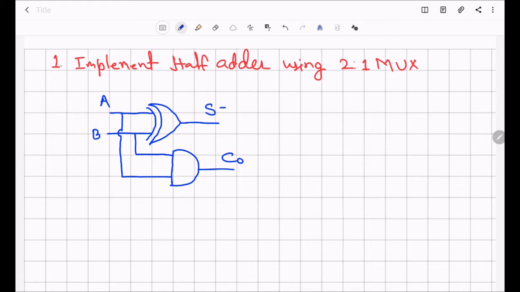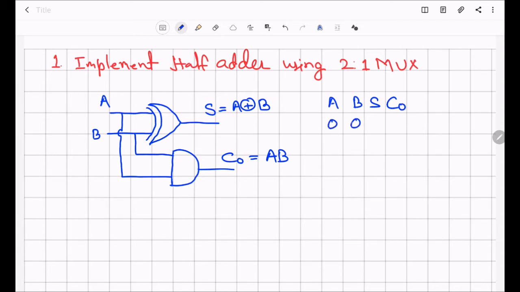Sum is equal to A XOR B and carry out is equal to AB. So we have two functions. Let us see the truth table. A, B are the input, S and C out are the output.